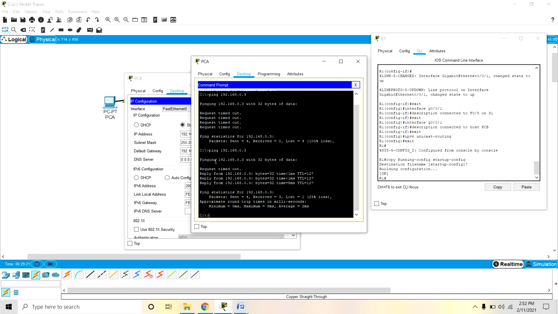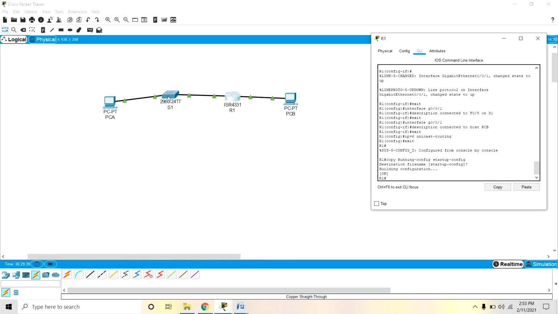So the data I have transmitted is received. There is no issue. So now PCA configuration is completed, PCB configuration is completed, and router configuration in all aspects is completed. Now you can configure the switch.